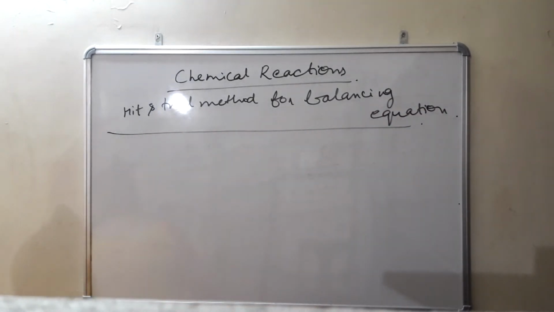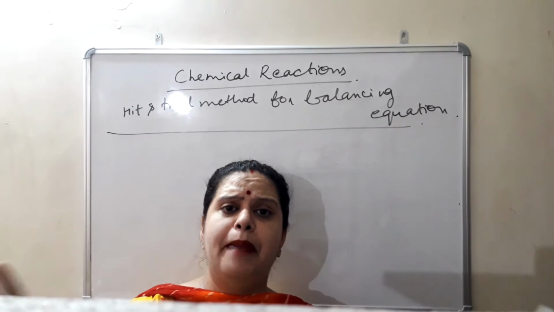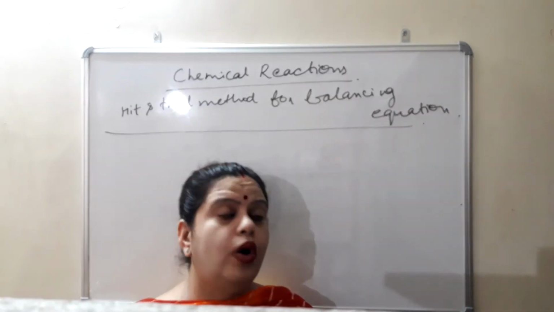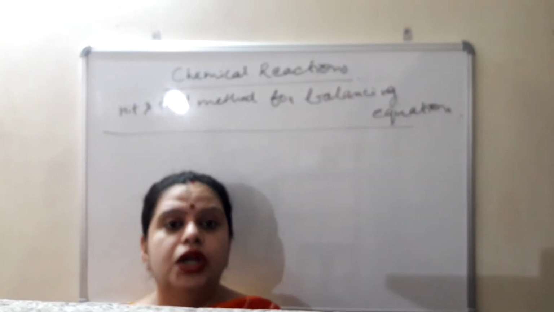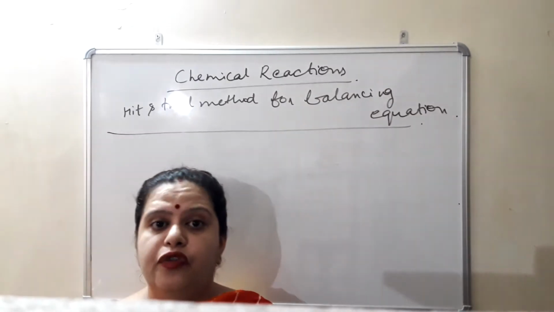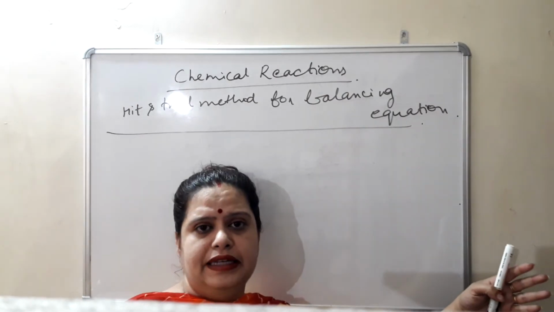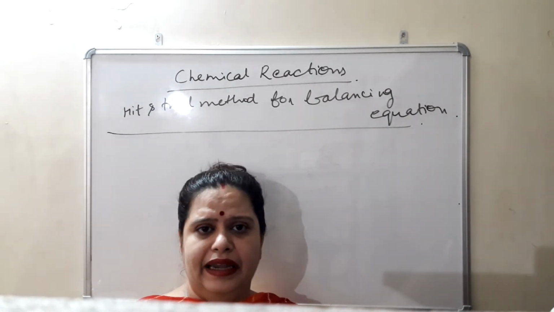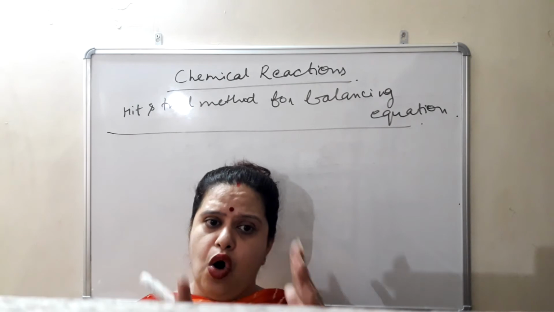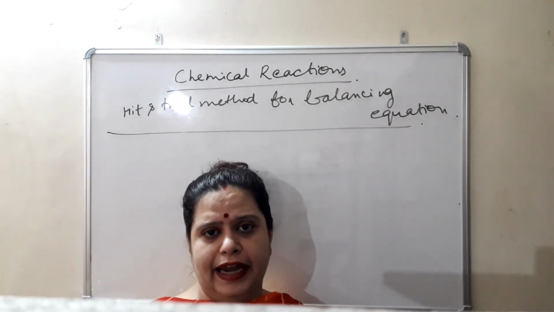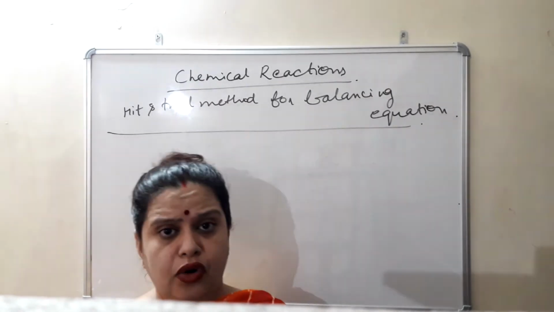Here my question is, why it is necessary to balance a chemical equation? What do you mean by a balanced chemical equation? Or let us start, what is a chemical equation? Chemical equation is the symbolic representation of a change. We can't say that two or more elements or compounds must be on the left hand side as reactants. No, it's not like that. There can be one reactant, or more than one. Whatever substances are on the left hand side of the arrow, we call reactants, and whatever we obtain on the right hand side of the arrow are known as products.